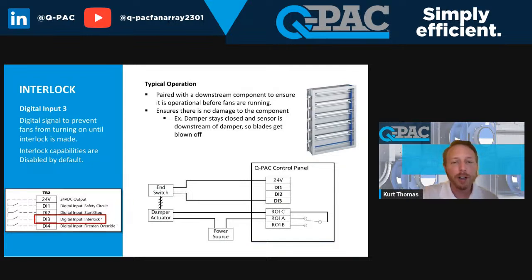This is a pretty good option, in my opinion, for critical applications. Typically how this is handled is the building automation system monitors the damper, monitors our fan. It'll send a signal to open up the dampers and then a delayed start-stop signal to our fans to operate the fans. So they ensure that the damper is open. But I think it's more robust if you actually use our system locally to control the dampers. That way you can ensure that the damper is open in the event that the BAS goes down.